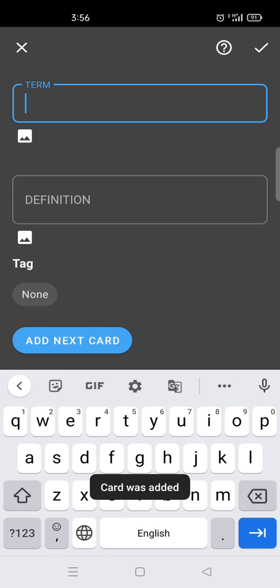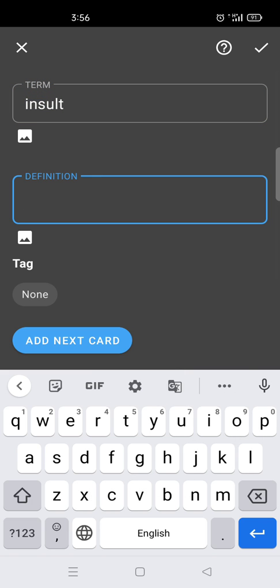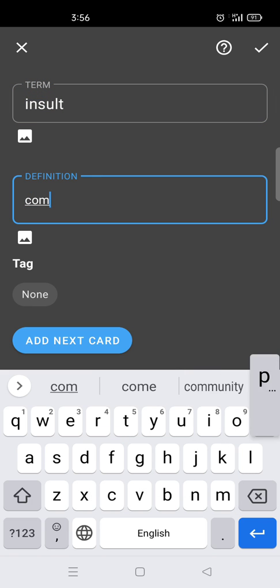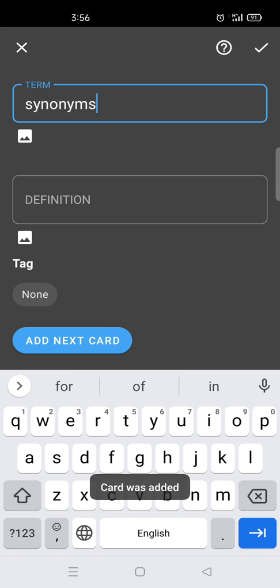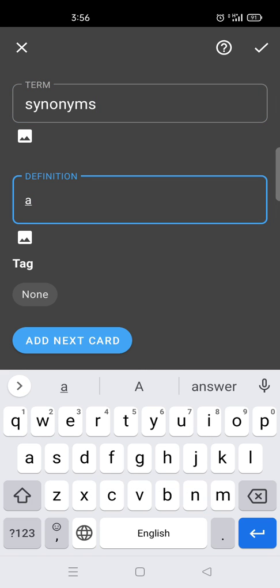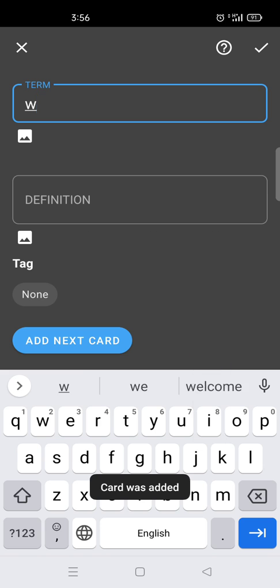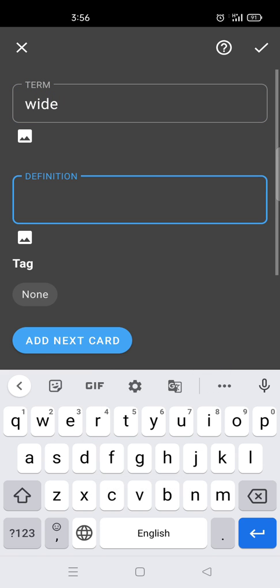Insult, compliment, and next card. Synonyms, antonyms, and next card, wide, narrow. Like this you can add more cards, and when you finish your cards,